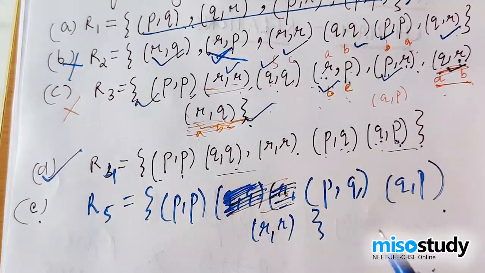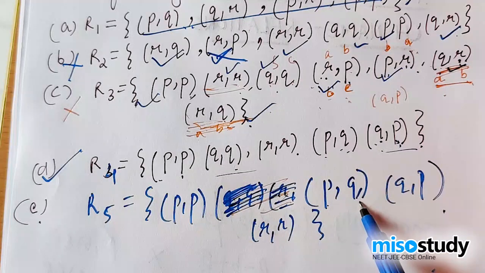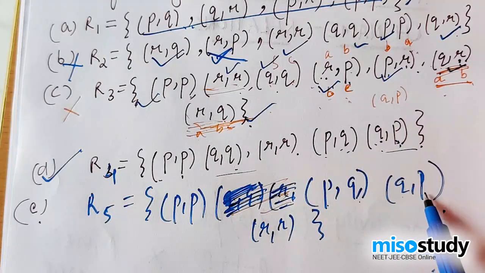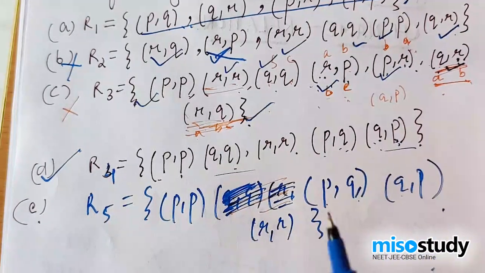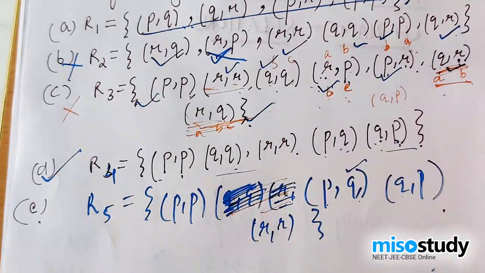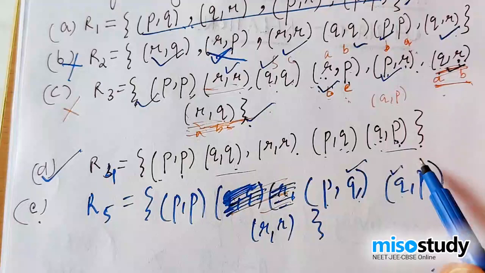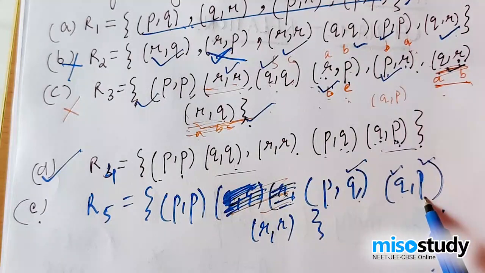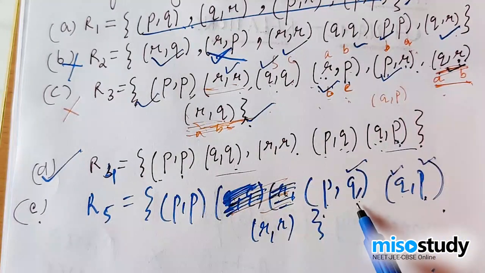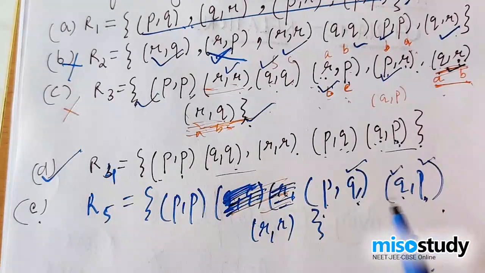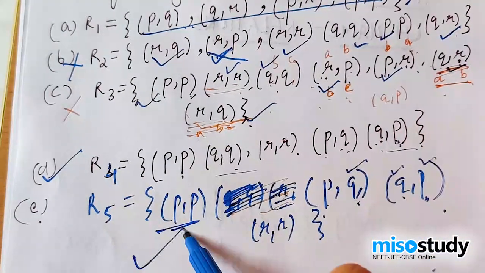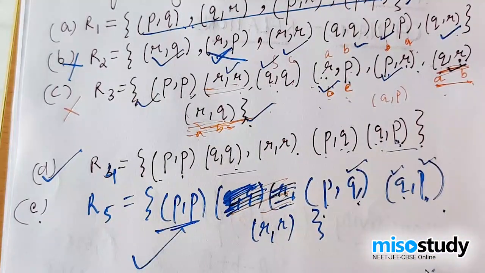We're talking about just the transitivity. P is linked to Q, and Q is linked to P, then P should be linked to P. So one definition is this, which is clear with the thing of transitivity. Now P is linked to Q, Q is linked to P, then you must have PP over here. That's fine.